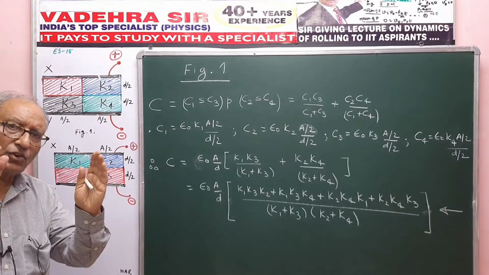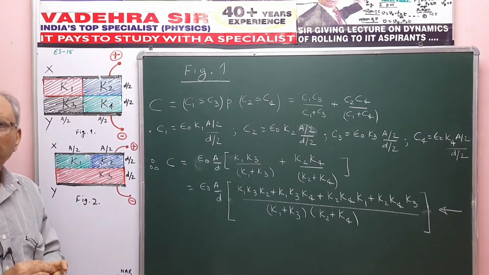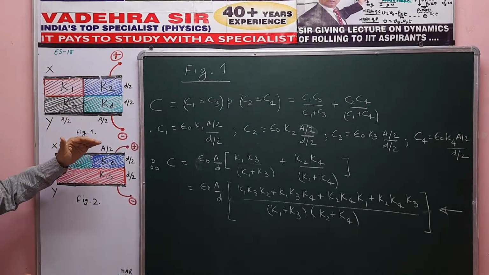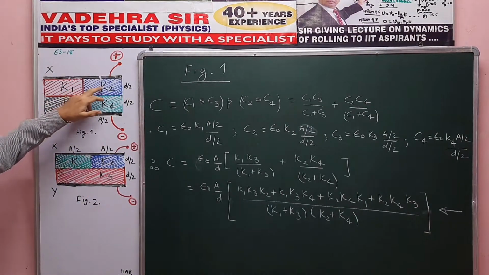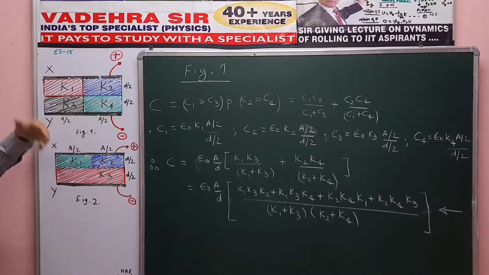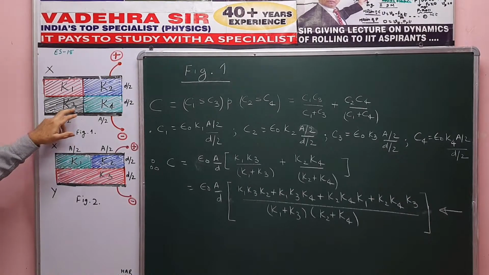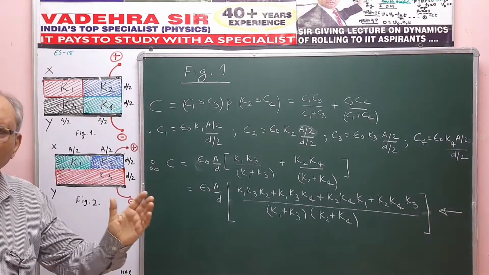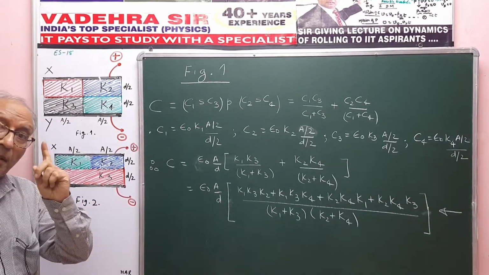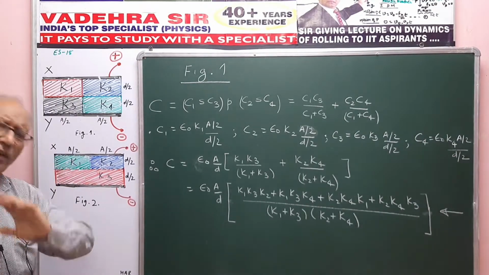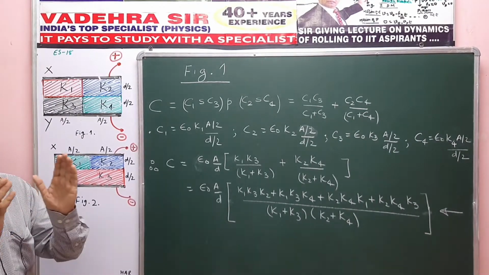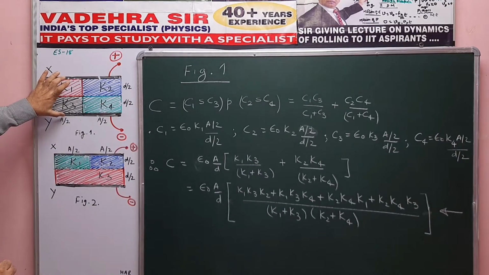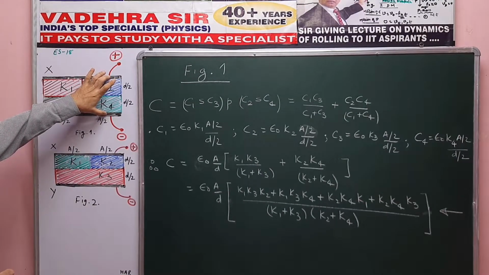Now, there is a little controversy. I have seen many people thinking that, to find the effective capacitance, they take C1 parallel to C2, make it one block, C3 parallel to C4, another block, and the first block in series with the second block. No, that is wrong. Why? Because remember the main clue: two devices, whatever they be, are said to be in parallel if the PD or the voltage across them is the same. Now, the voltage is the same across this block and across this block.